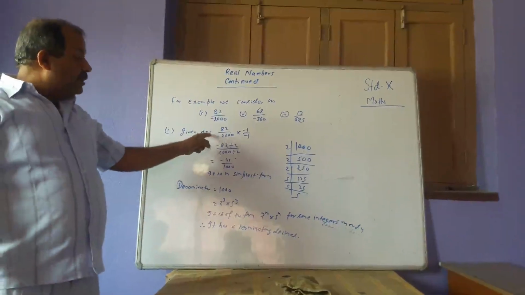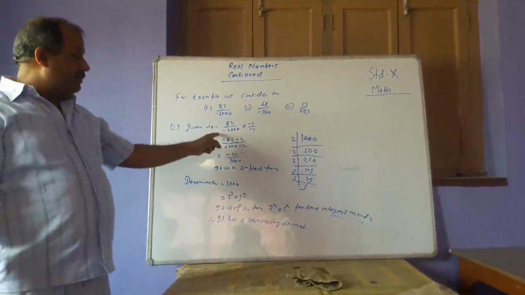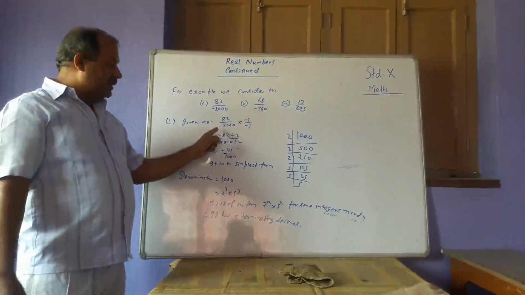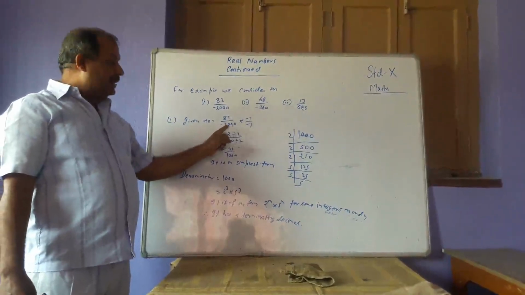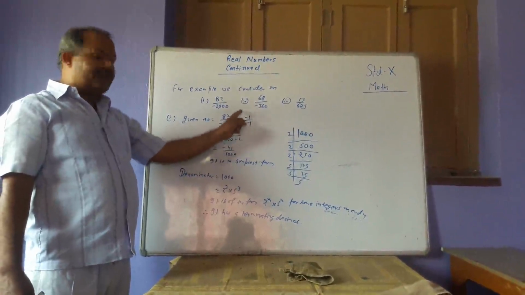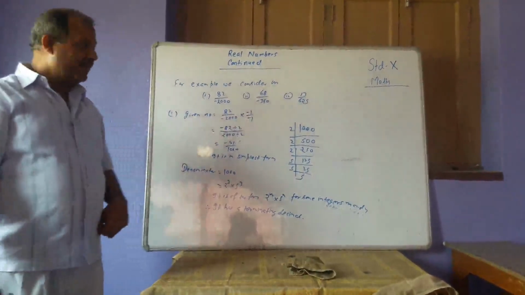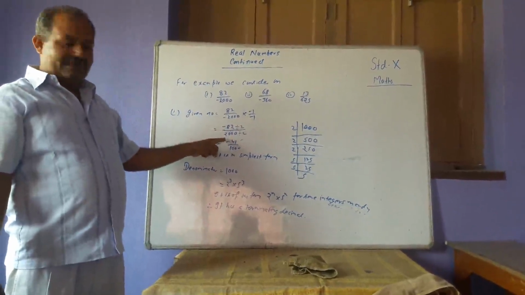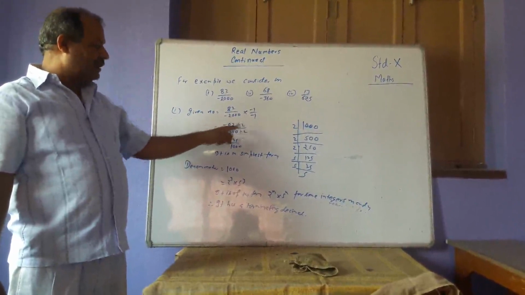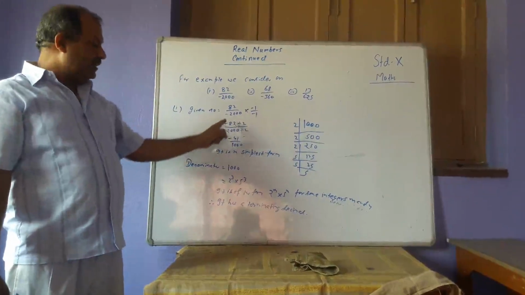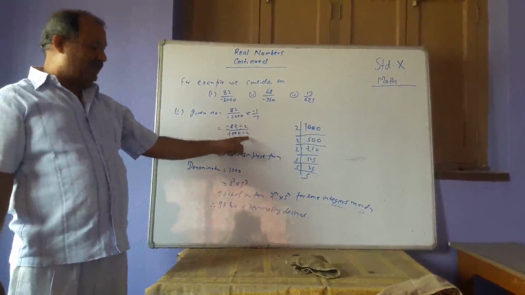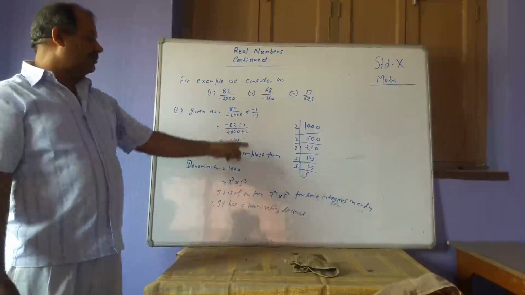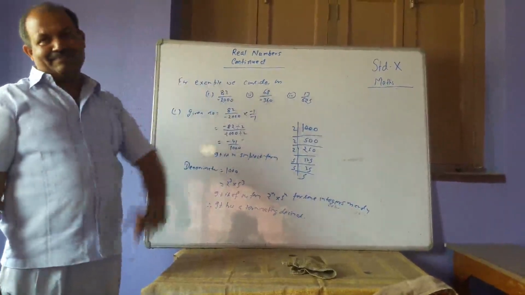Here we are given the number 82 by minus 2000. First of all, we have to convert it into simplest form because it is not in its simplest form. In the simplest form, the denominator should not be negative, and therefore we have to multiply both numerator and denominator by minus 1. It will give minus 82 by 2000. Now the HCF of 82 and 2000 is 2. Therefore, both the numerator and denominator will be divided by 2. It will give minus 41 by 1000. This is the simplest form of the given rational number.